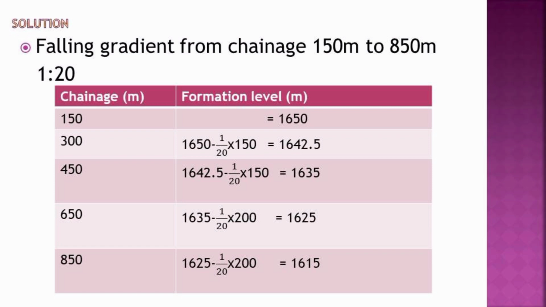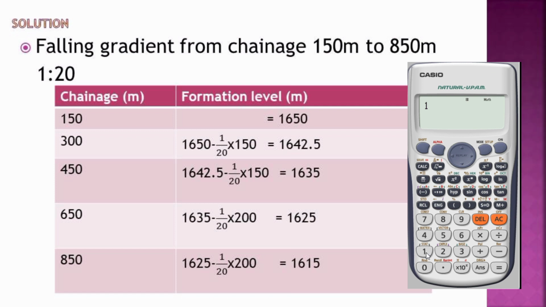The difference in distance between chainage 150 and 300 is 150 meters, that is the value that I'm going to multiply. So that is 1650 minus, because this is a falling gradient, 1 over 20 times 150, getting my answer as